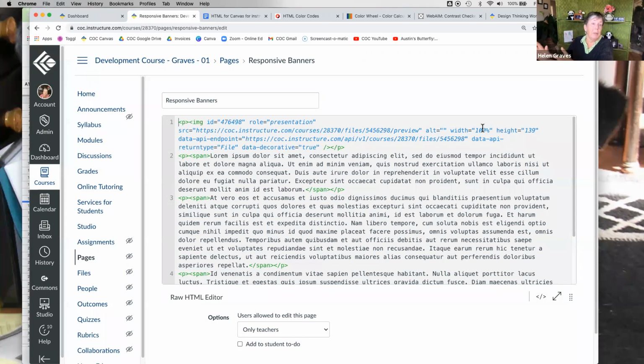Just say width 100%, and you could do 50% or 27%, whatever percent you want. For a banner, I like it to go all the way across the page, so I generally say 100%. It's as simple as setting the width at a percentage rather than a set number of pixels. Does that make sense? Okay, good.